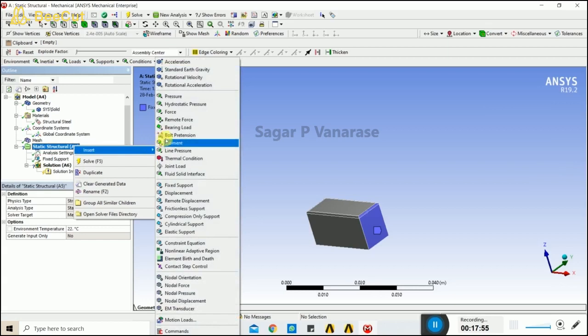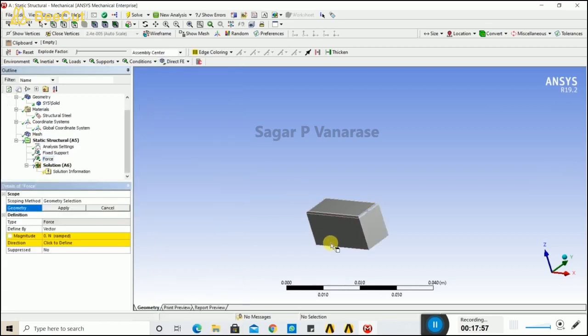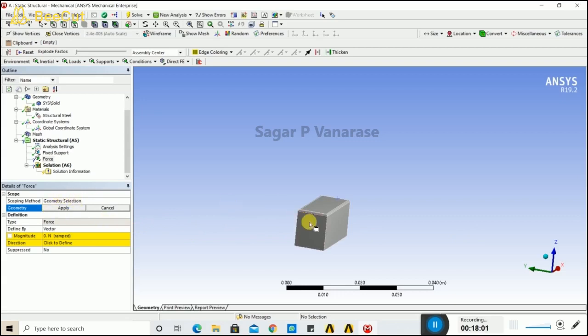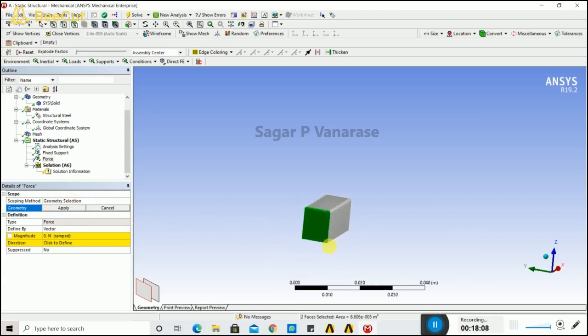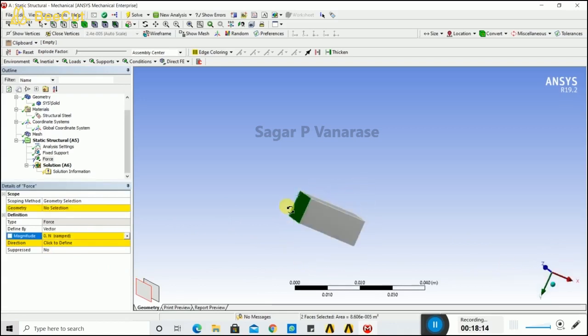Okay, now the next part is that I am inserting one more thing, a force on my object. Now one side is fixed, and on the other side I am applying a force. So now click on force. Now apply it on the faces. Again repeating, press control and select two faces, and just click on apply.